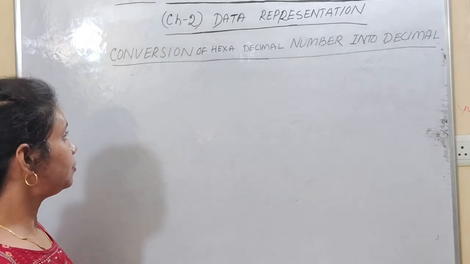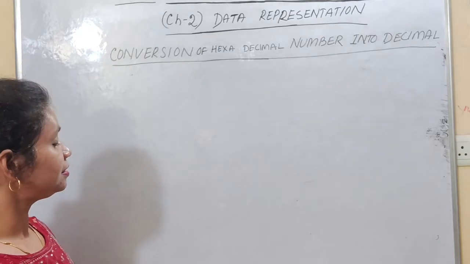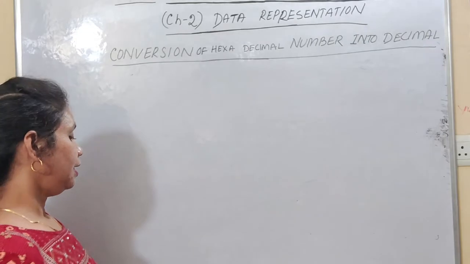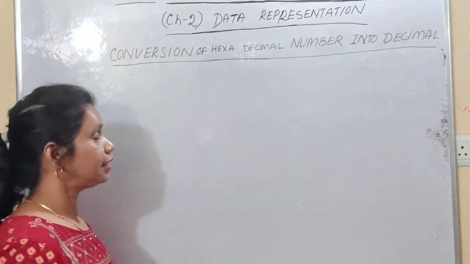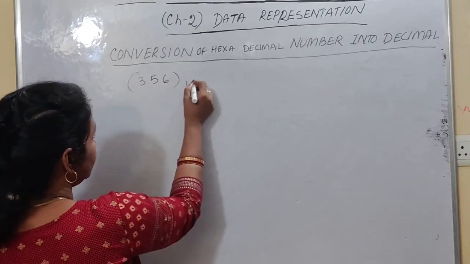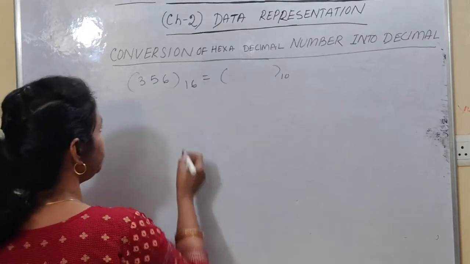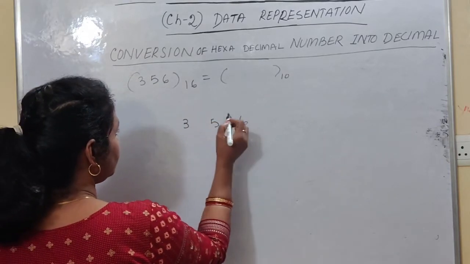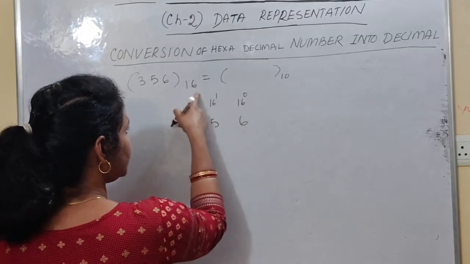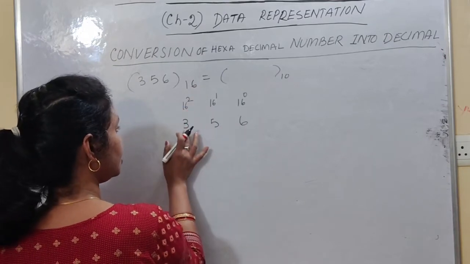So a hexadecimal number can be converted to its equivalent decimal number by multiplying each digit of the hexadecimal number by its base positional weight. After that we have to add the values, right? Let us take one example, that is 356. This one is my hexadecimal number. Now I have to convert this number into its equivalent decimal. So the same way, just write the positional value or positional weight. This is our 16 to the power 0. This is 16 to the power 1, because base is 16. So this is 16 to the power 2. Now you have to multiply this positional value to the digits, right?